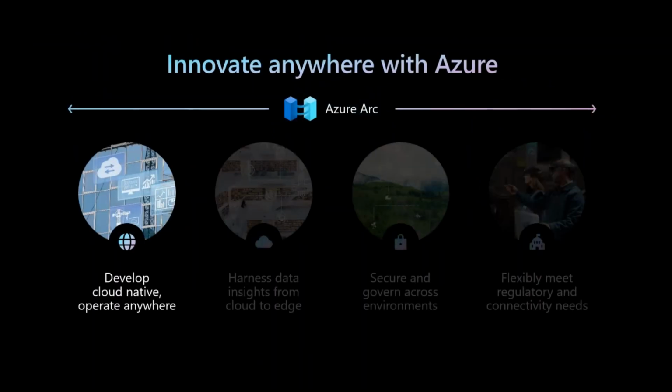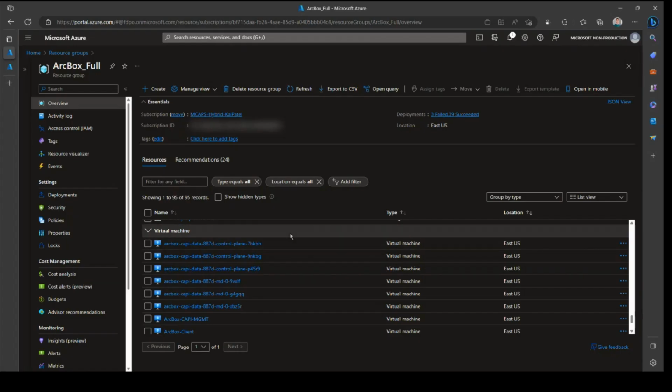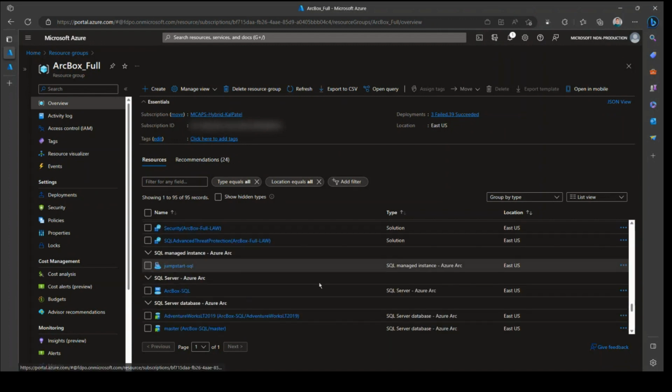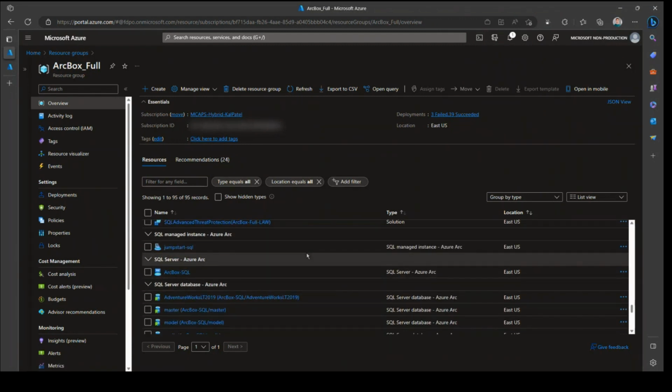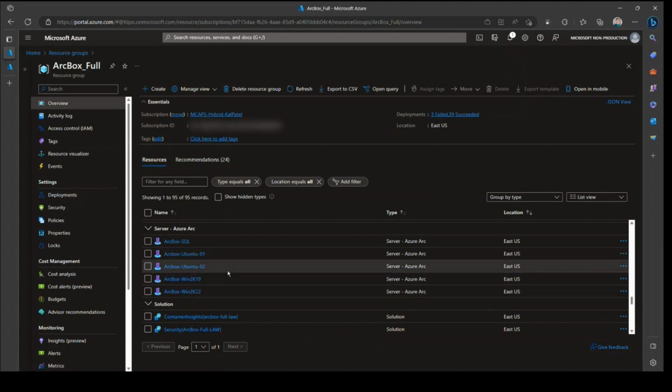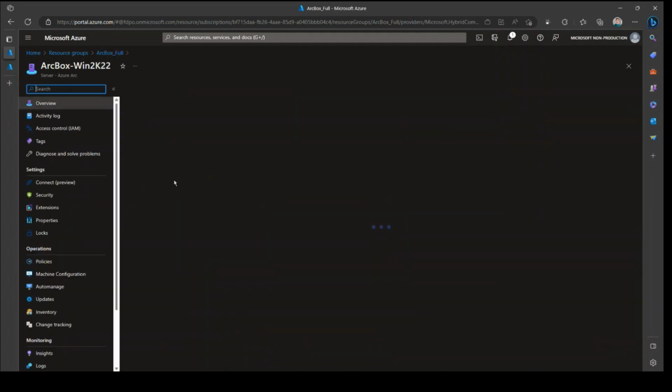Before I jump to the Kubernetes section, let me quickly show you how it looks on the Azure portal itself. So I have this demo environment, and as you can see over here, this is my resource group. There are a bunch of virtual machines listed. These are Azure virtual machines. And if I go a little up, you can see these servers which appear as Server - Azure Arc. So these are the servers. You can think of them as any physical or virtual machines running outside Azure, whether on premises, at the edge, or on other cloud providers. But they get listed over here.